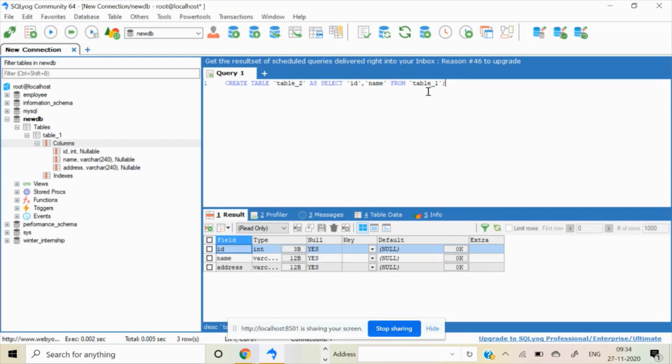Do you understand this syntax? I'm creating a new table, table 2, and for creating a table, we use this query: create table, then table name. Then what should be there in this table? Select only ID, name from table 1, right? Now, if we execute this,